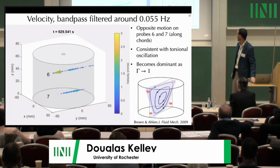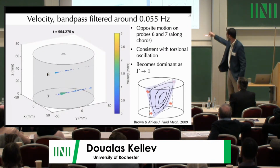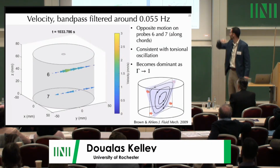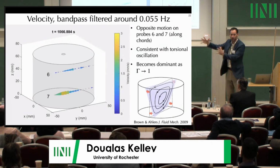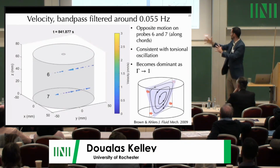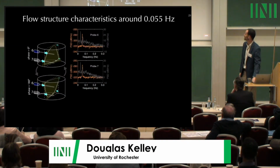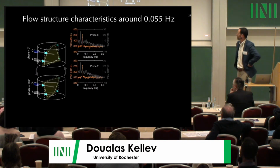Here's another diagram of it. It goes back to a 2009 paper, and so as the large-scale circulation is going along, there's a back and forth. I'm not sure I can do the dance right, but okay. This is another known oscillating mode of the large-scale circulation. We looked deeper with the idea that maybe this was it, to see how well the data